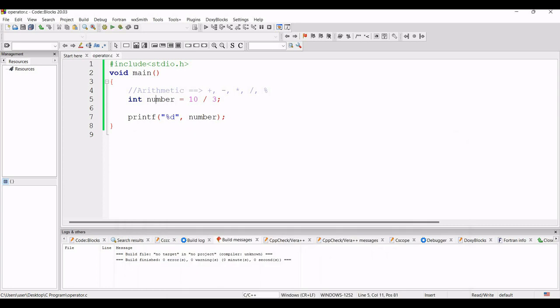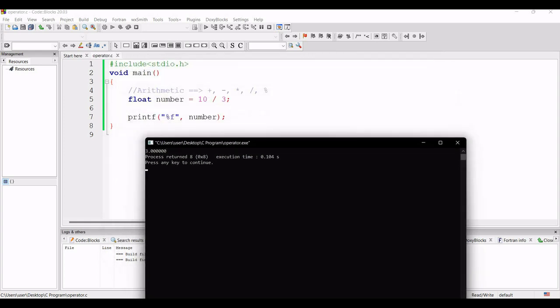So for that reason, what I have to do is convert this integer to a float, where instead of percent d, I have to give percent f to print a float. Compile it and run it. Now you can see we are getting 3.00000. Supposedly 3.33333, but the answer is 3.00000. Why?